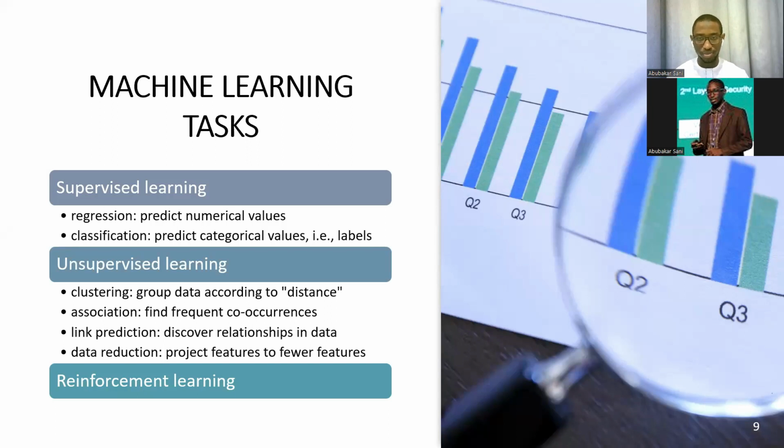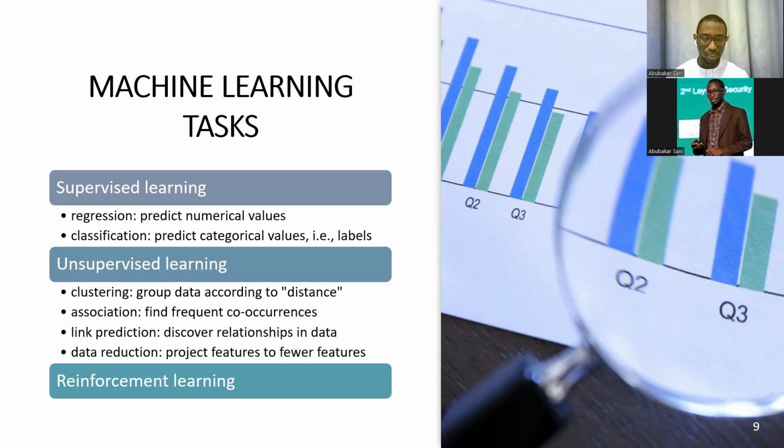Supervised learning comes in two shapes: regression and classification. Unsupervised learning comes in multiple shapes. In the case of supervised learning, this is a process whereby the learning occurs with a teacher or with a supervisor. For example, you are trying to learn how to predict stock price, and I sit with you and tell you, once this happens, this is going to be the result.